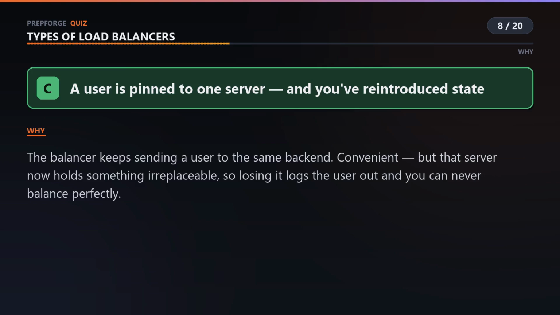That server now holds something no other server has, so when it dies those users don't fail over, they get logged out. And you can't rebalance freely anymore, because moving a user means losing their session. It's a genuine fix that quietly takes your stateless architecture away.